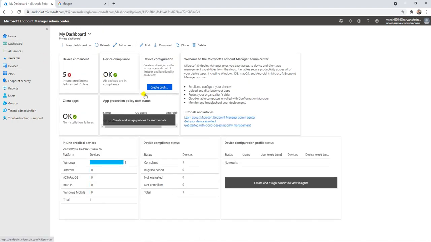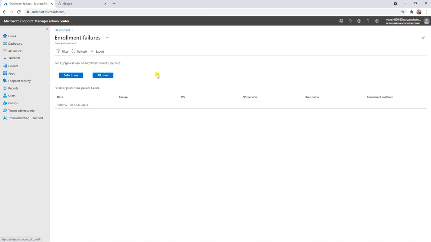So let me go with the dashboard. This is something important for everyone who is new to Intune. They want to see how many devices they have, like all devices, Windows devices, or Android devices. This is the right place to check this. You need to go to monitoring and device enrollment. If you click here under device enrollment, you will get the details. Right now nothing is here because it's newly set up, but when you are in production, you will see multiple machines here.